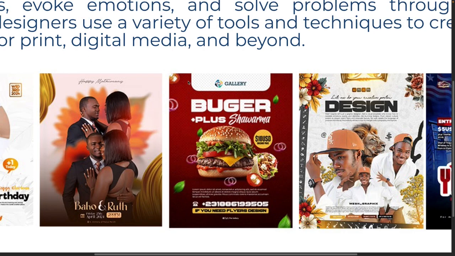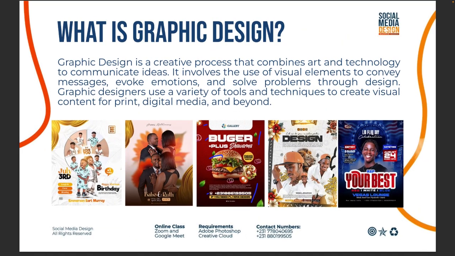Okay, so we have shape here, we got typography, within the background we got texture, we got image, the hamburger, we have icons, we got gradients. So these are all visual elements, and all these elements combine to give this particular design. So this is how they come up with graphic design with the use of visual elements to convey messages, evoke